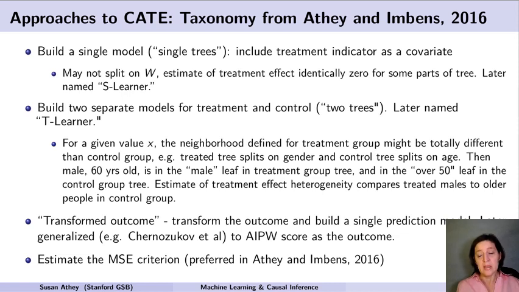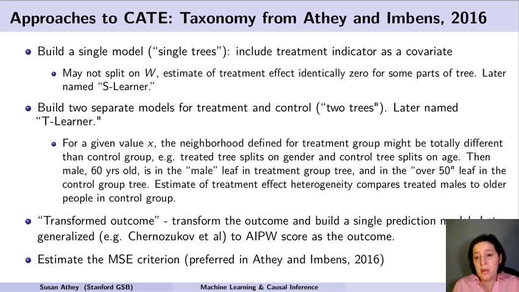Now, this might seem like this is really specific to trees, but one reason it's really useful to think about this in the context of trees is you can immediately see what the problem is and what's going on. More complicated machine learning methods would have the same problem, though it might be less transparent to see what's going on. So this is not a very good method for estimating treatment effect heterogeneity. It's only going to work if you have really accurate estimates of outcomes in the treatment and control group. If you don't have enough data to fully estimate what the outcome function looks like, you're going to do a bad job.